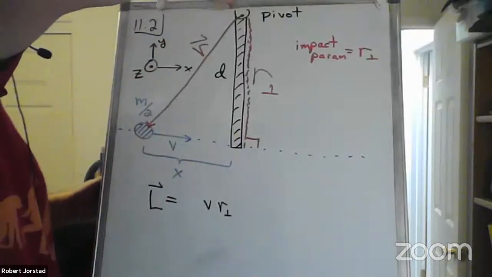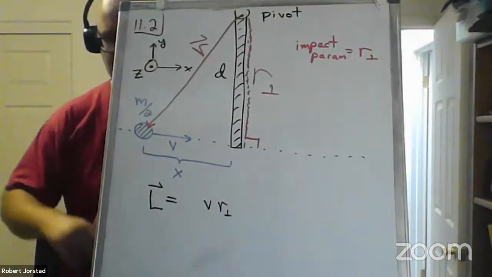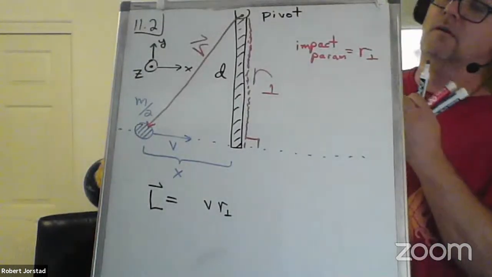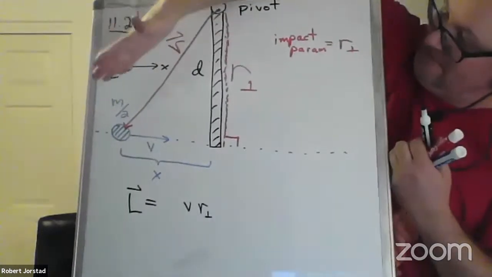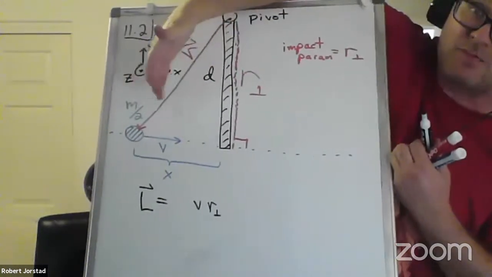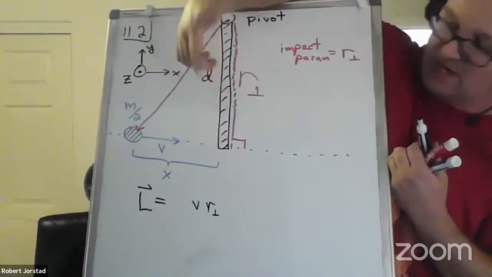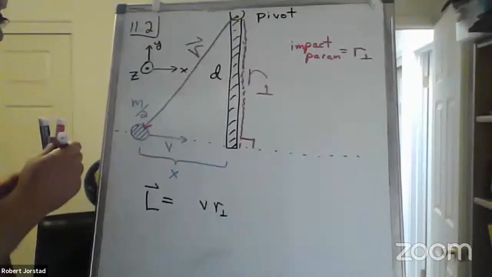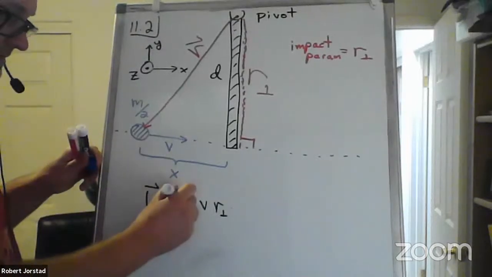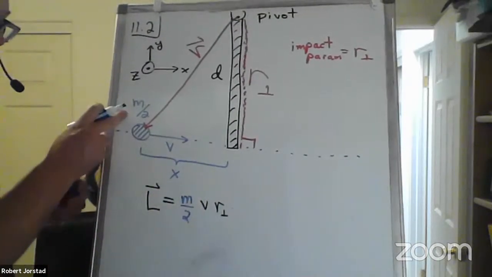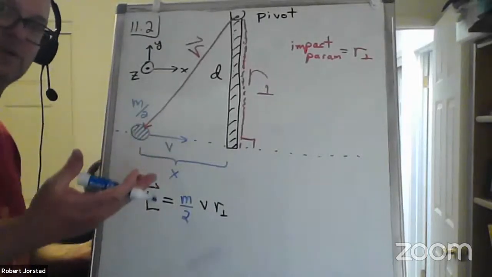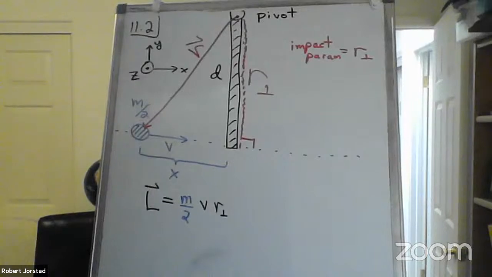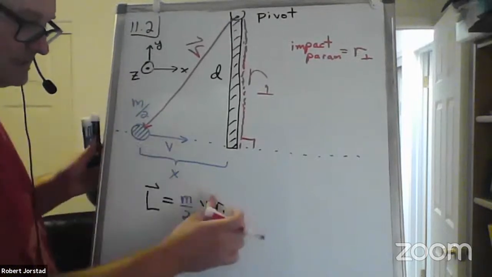So imagine if I looked at this, going mobile. There's that mass right there, that blue one. That's what's essentially rotating here. The rod is just hanging there doing nothing. Alonzo, does that make sense why I'm saying that? Yeah. Okay. So I need to use m/2 in this case, because the mass of the particle that's actually rotating was said to be m/2 in the problem. Oh, that's sneaky. And then in this case, R perpendicular is